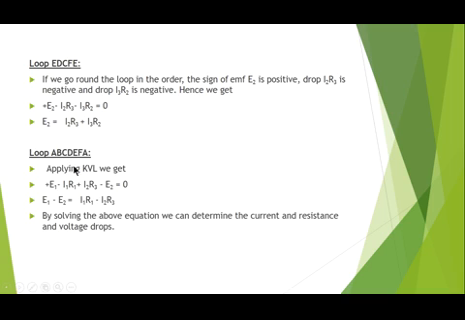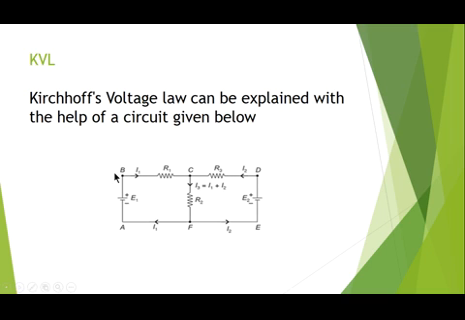ABCDEFA. For this loop we are going to apply KVL. So listen, this is the full loop. So we are going to consider E1, E2 and this I1 and I2. So we can't consider this R2. So now see, this is a positive voltage drop, this is a negative voltage drop, this one is also a negative voltage drop, and here